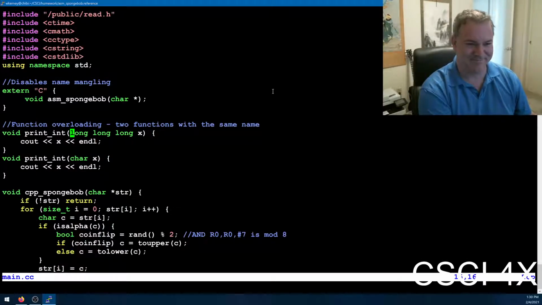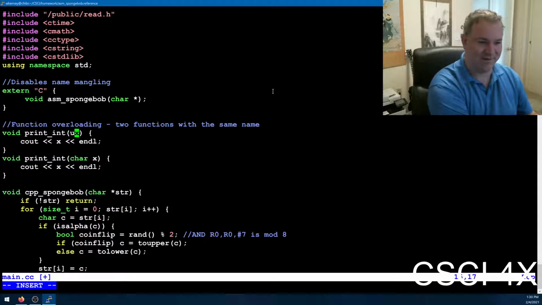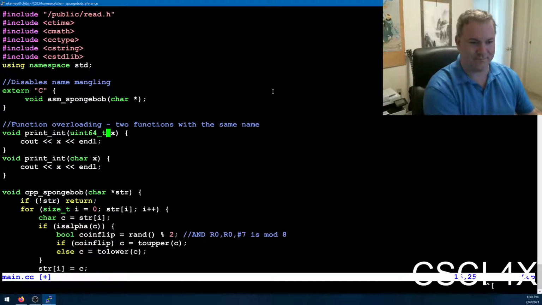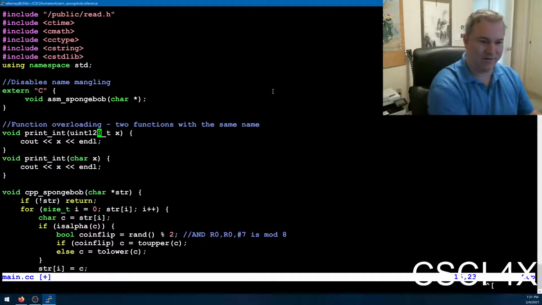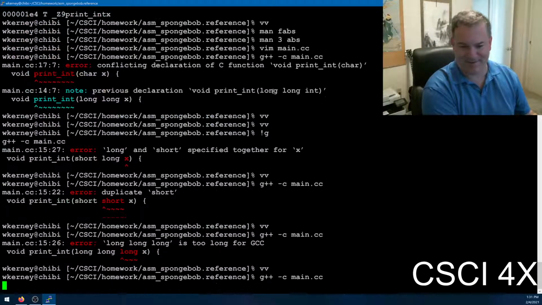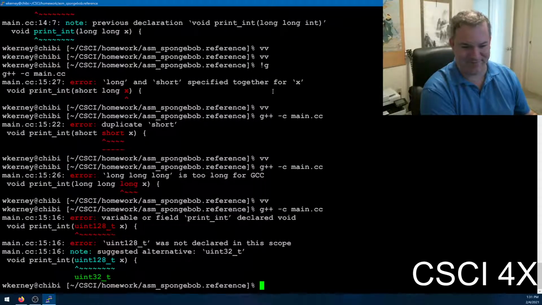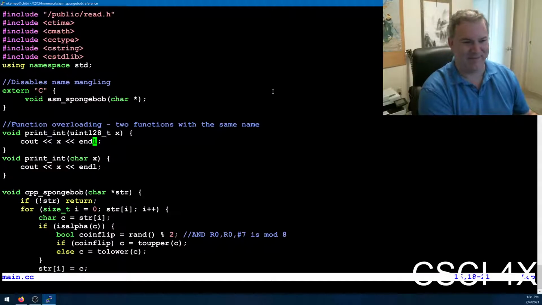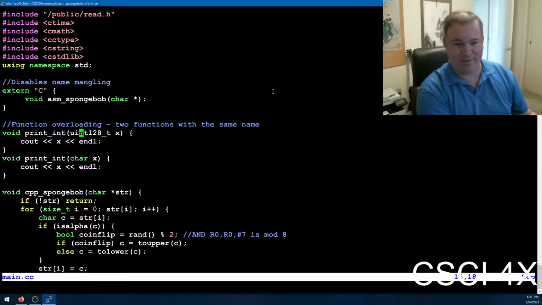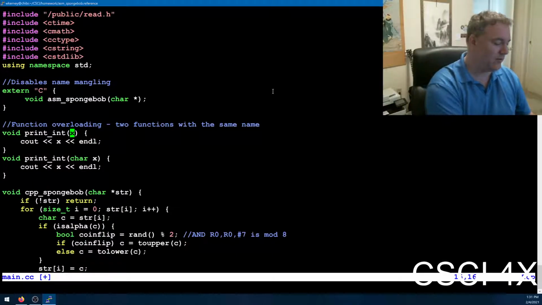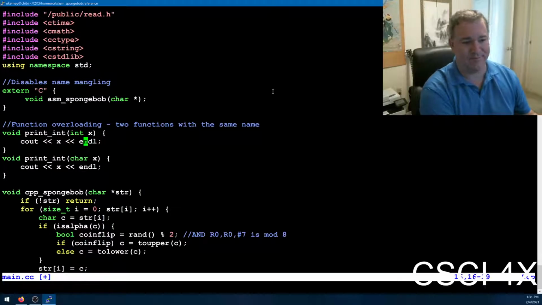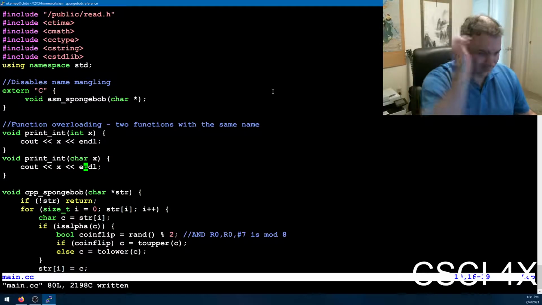It's funny. I want an unsigned 100. What is it? Try a 128-bit. No. Yeah. So I kind of wish they would add basic types that were longer than 64 bits, because I actually do need them sometimes. But okay. So